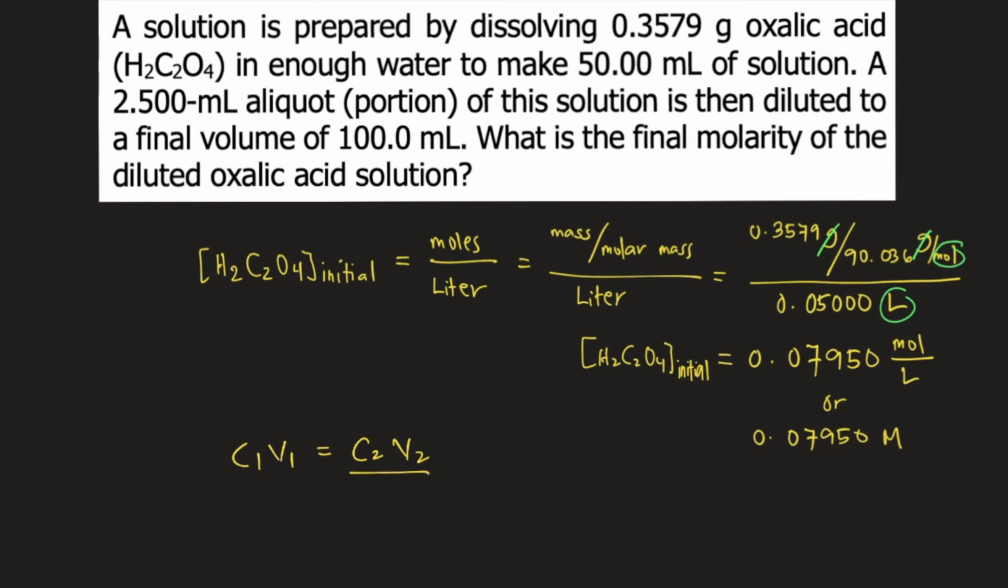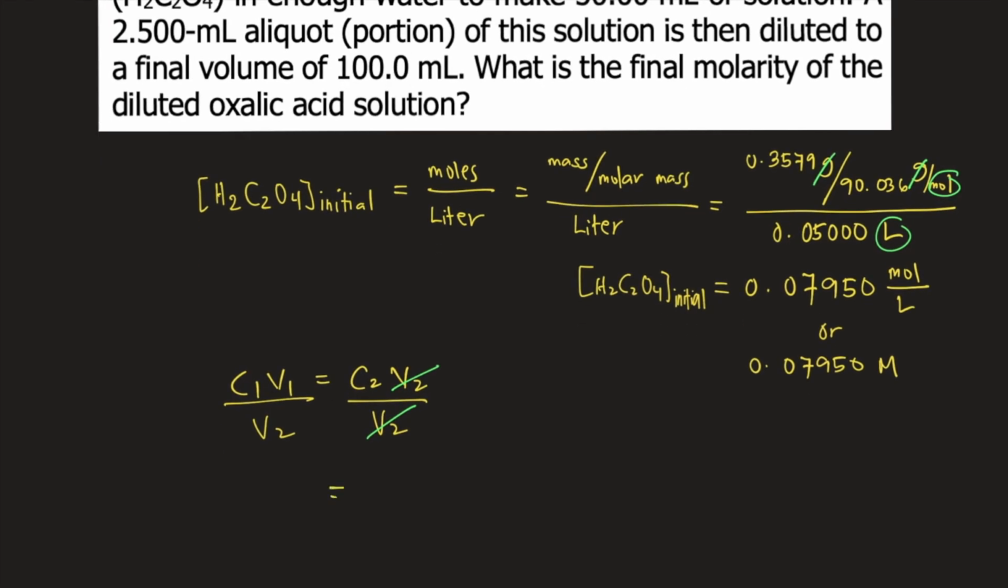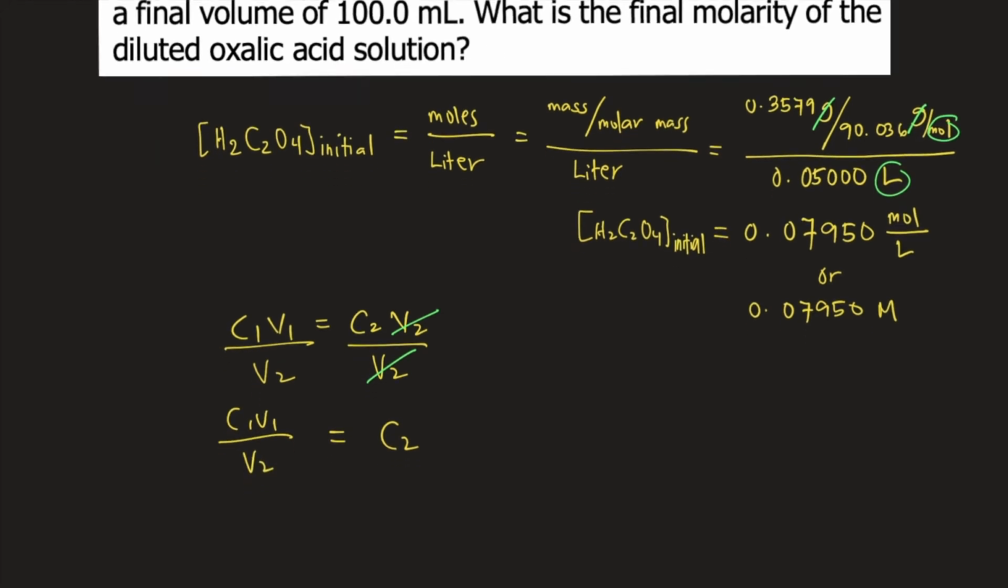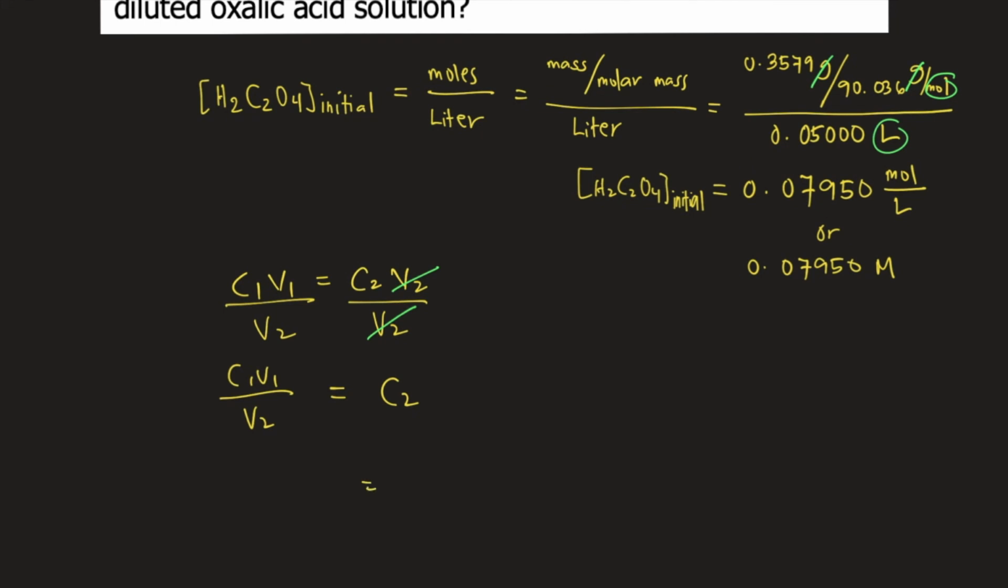So you divide both sides by V2. V2 would cancel on the right side. So the formula for C2 is C1V1 over V2. So we can now solve for C2. It is equal to the initial concentration C1, which we just solved earlier,